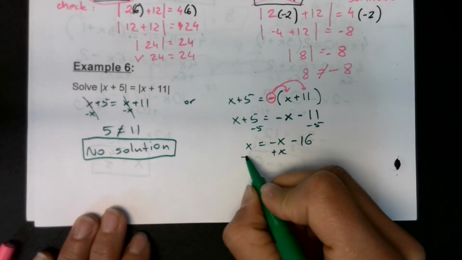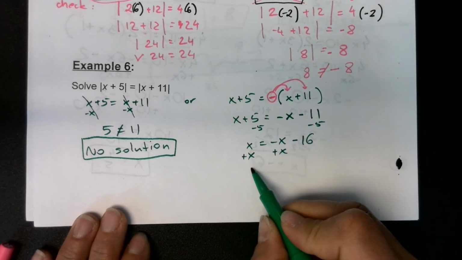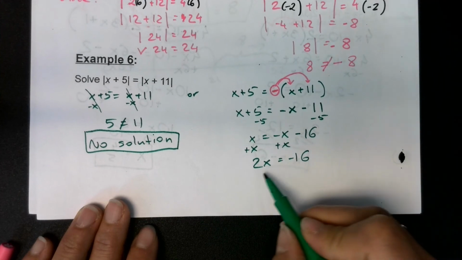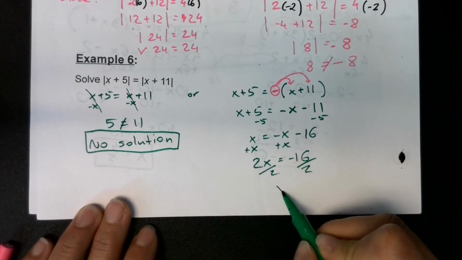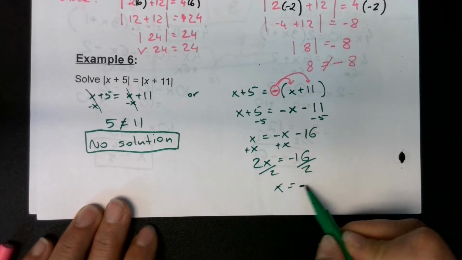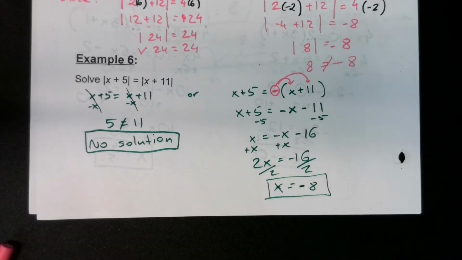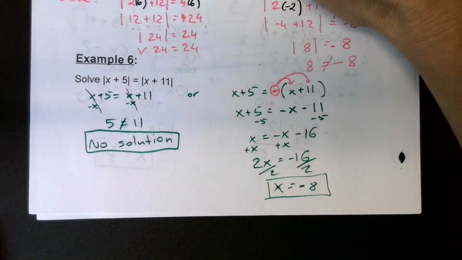Add your x. So now we have 2 x's, they didn't cancel. Divided by 2, and your x is negative 8. That's your solution. All right, so let's practice. So on the board,